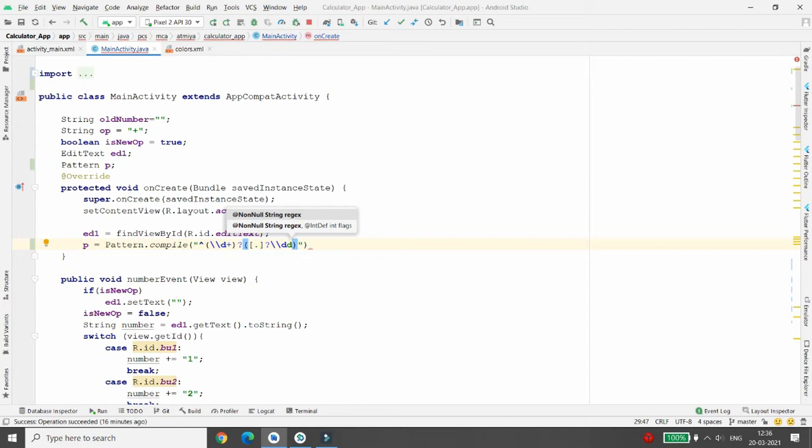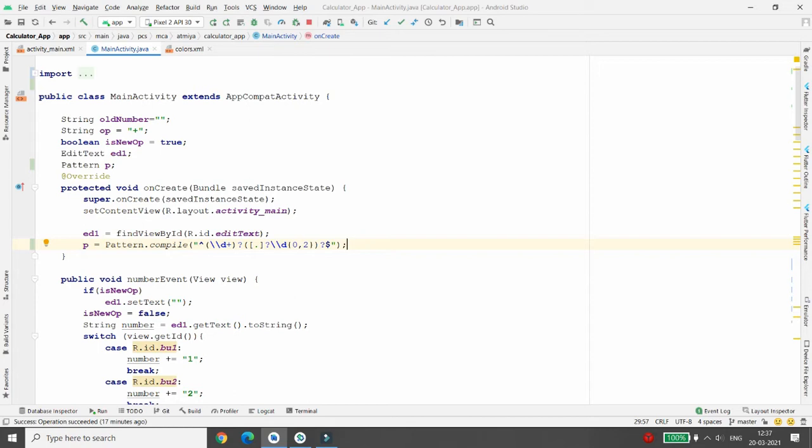And how many digits do you want to allow? For example, if you want to allow a maximum of 2 digits, then you can mention in curly braces 0,2. Now after this parenthesis is over, you can write a question mark. It means you can write the dot first and then the digit, or the digit and then the dot. Here we need only one digit, so I'm writing \\d. After this question mark you can write a dollar sign for the ending of your regular expression. Here you can write a semicolon.